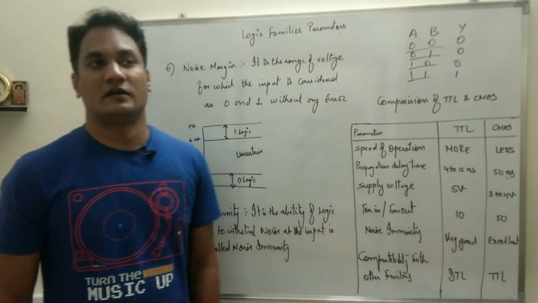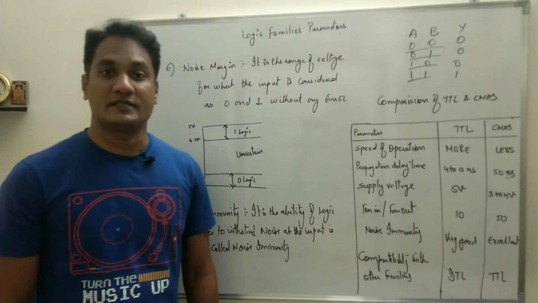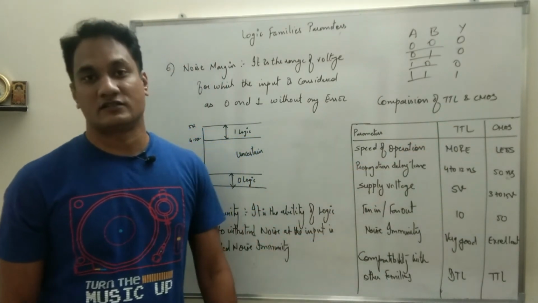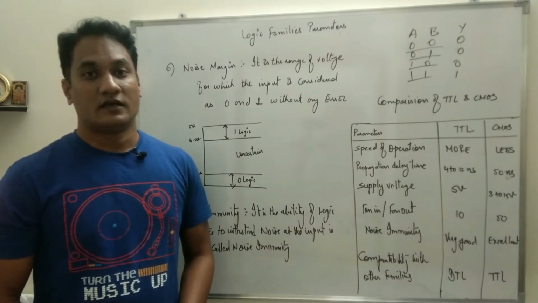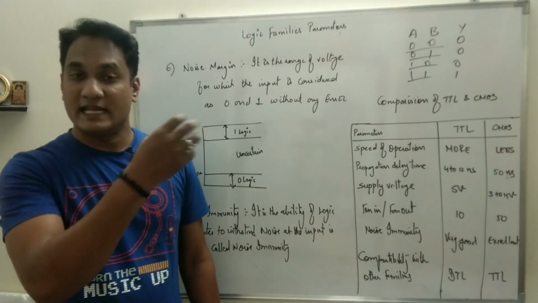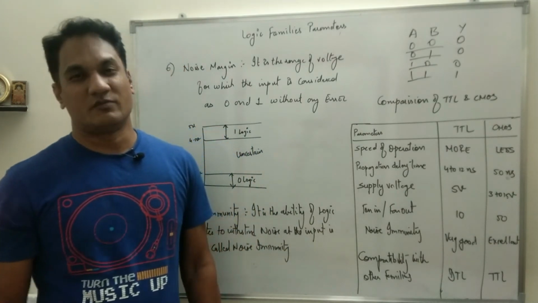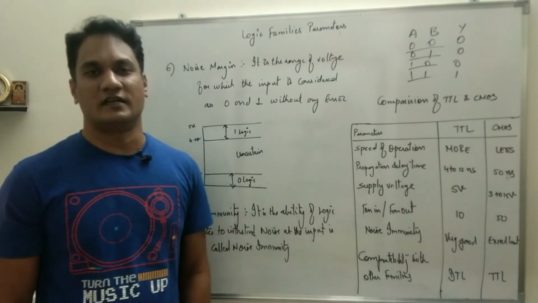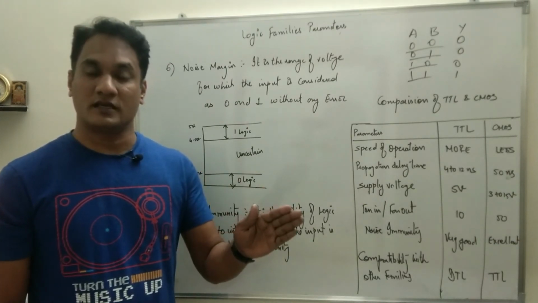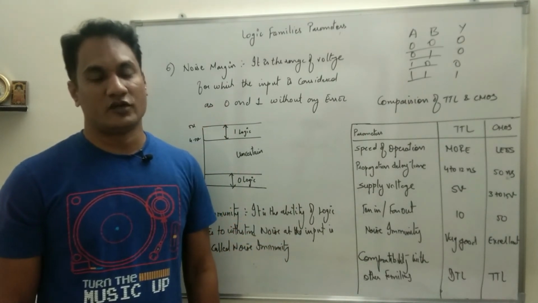And there is one more parameter which I have not mentioned properly here, which is power dissipation. The power dissipation is more in case of TTL and less in case of CMOS. That means if you want to design a circuit which should have less power dissipation in the form of heat, you should use CMOS logic. But cost wise, CMOS is much greater than TTL. So mostly we use the TTL logic family for laboratory purposes, and for a specific application then we can go for CMOS. I hope you have understood.